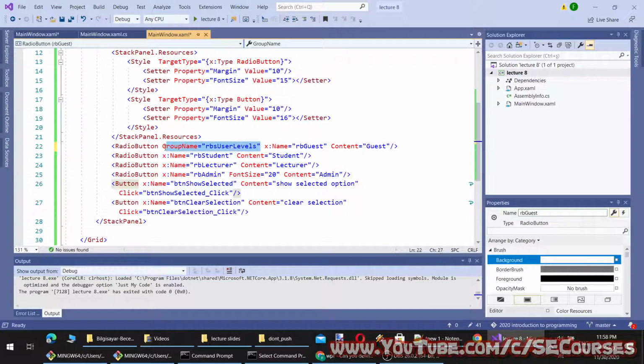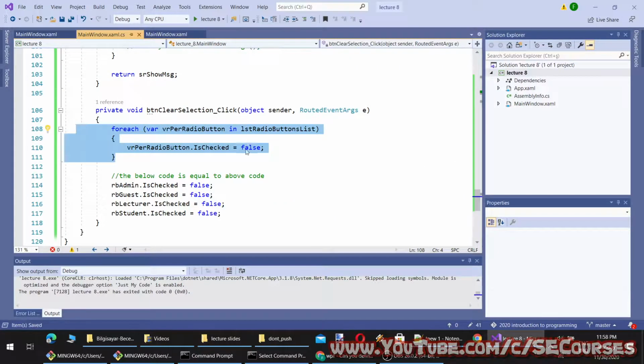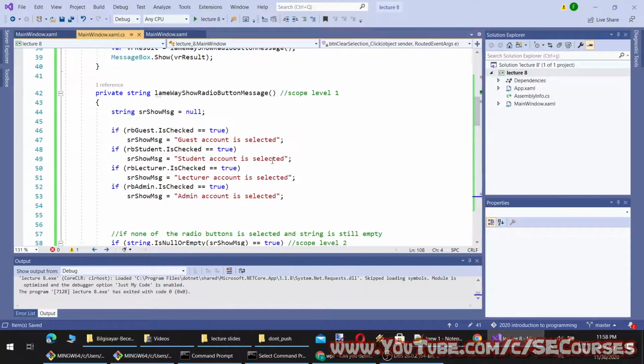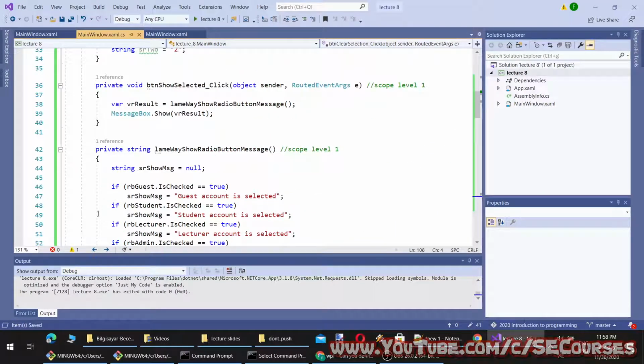So I will put each one of them under a group name, and okay, now instead of accessing them by name, now I can use their group name. How can I do that?